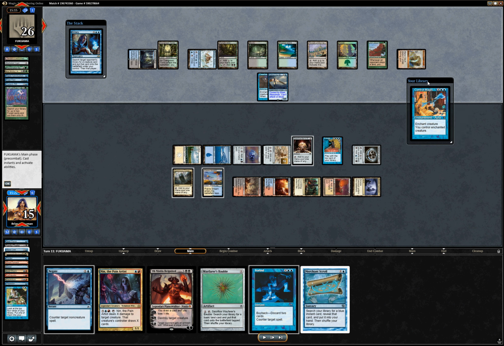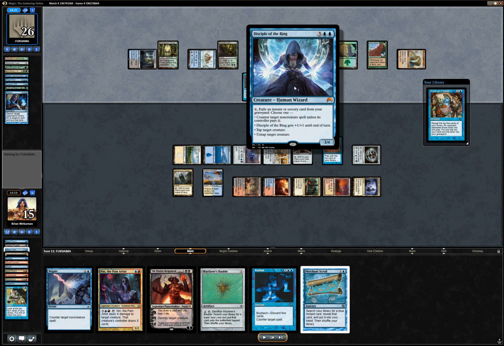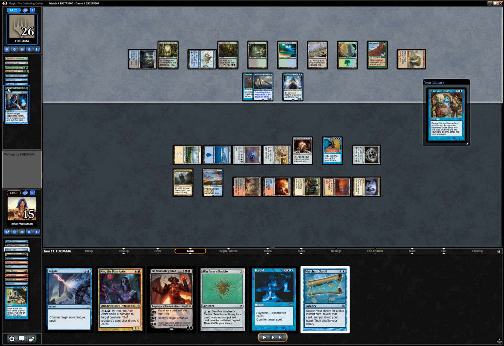But I was thinking about it, and I thought, well, I don't really have that much he can get that I can't just kill with Obnilixis. And with that in mind, sure, knock yourself out, man. Go ahead and get one of my creatures. And then he picks Disciple of the Ring, of course, this insane thing that has all these built-in counterspells. And he currently has 1, 2, 3, 4, 5, 6. So he has the ability to make me pay 6 extra mana, which I can do,